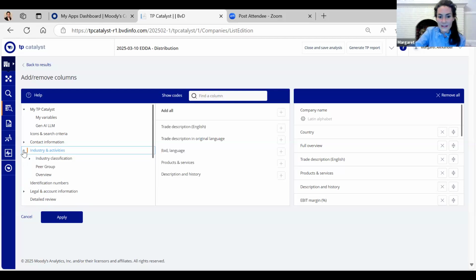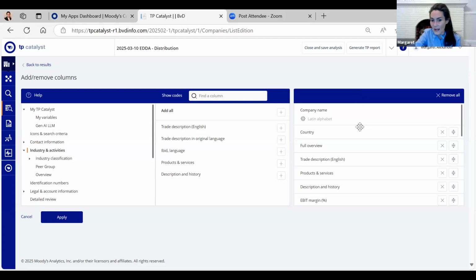So if you want to select industry and activities, maybe you want to, like I have the trade description. That's one of the items that I always use. I use two descriptive items: the trade description and the full overview. So if I didn't have that already selected, I could just click on the plus and it will be added to this list on the right.